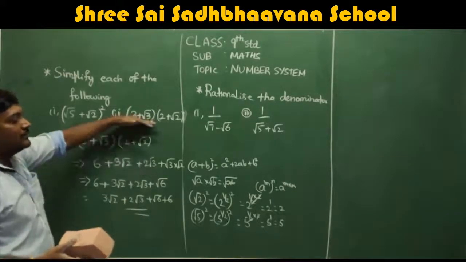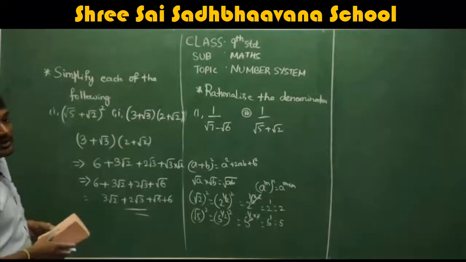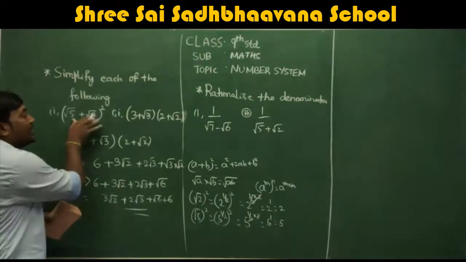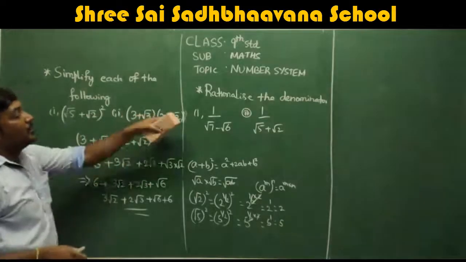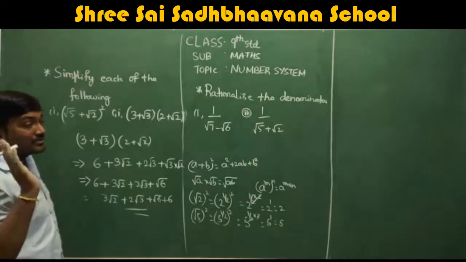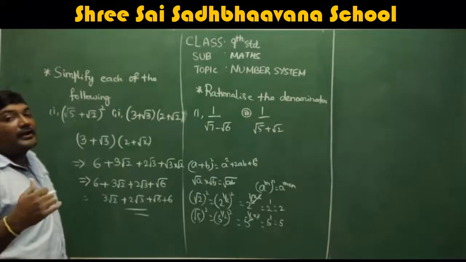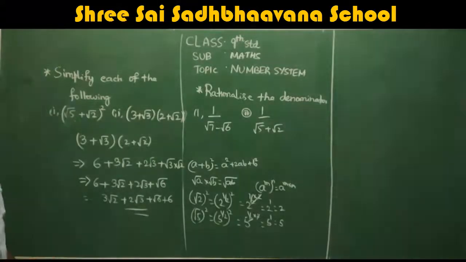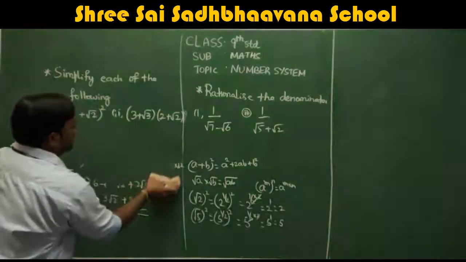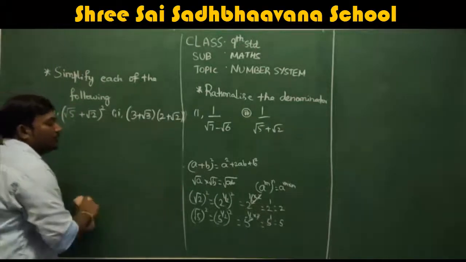Remember, by multiplying these two irrational numbers, we got an irrational number. This is also an irrational number only. This is why I am telling this: the square of an irrational number is also an irrational number, and multiplication of two irrational numbers is also an irrational number. Last class we discussed addition: adding a rational and an irrational is an irrational number, and adding two irrational numbers is also irrational. So in most cases, product, division, addition or subtraction with irrational numbers gives an irrational number only. I hope you understood this.